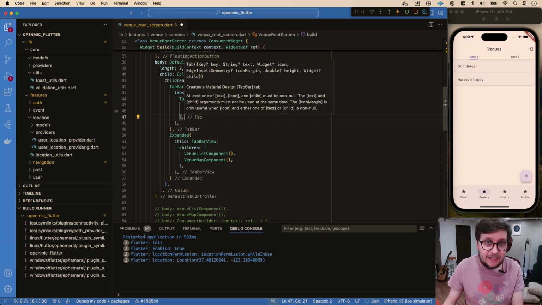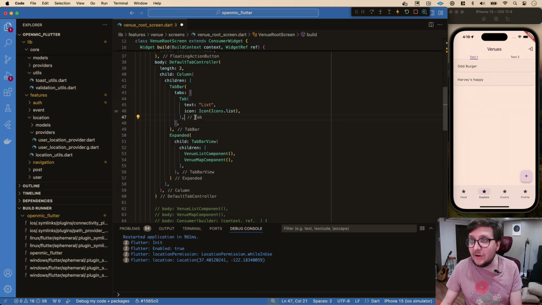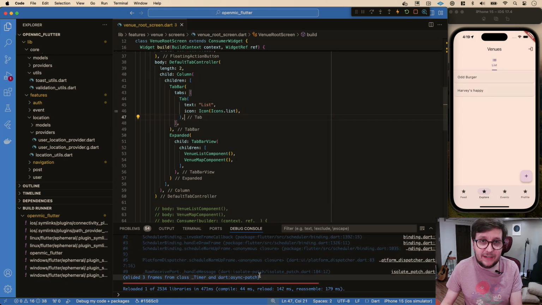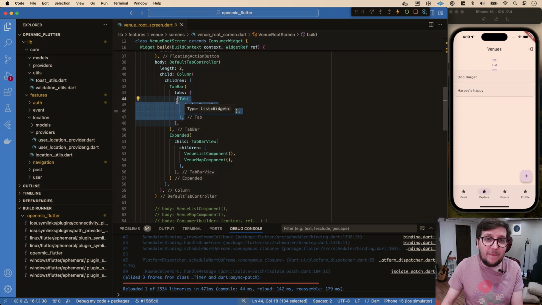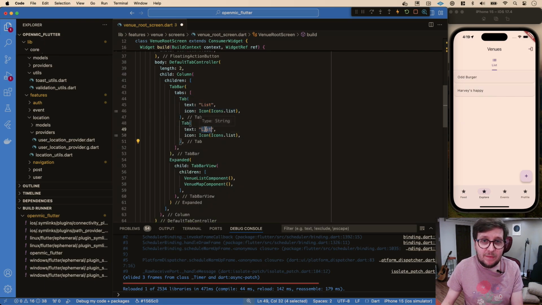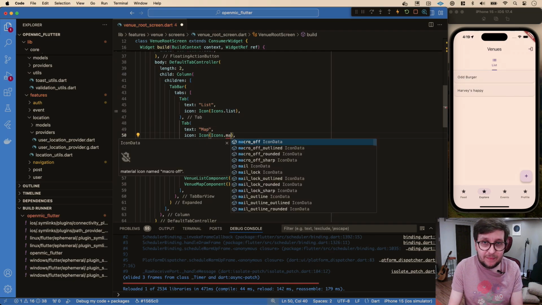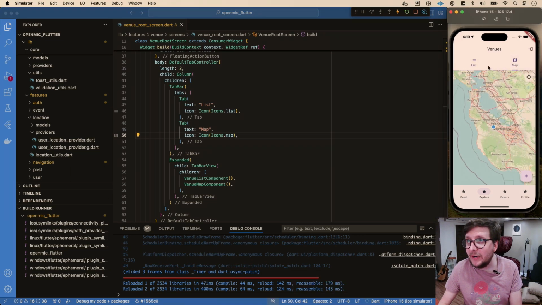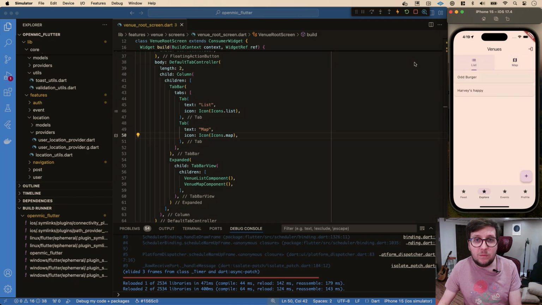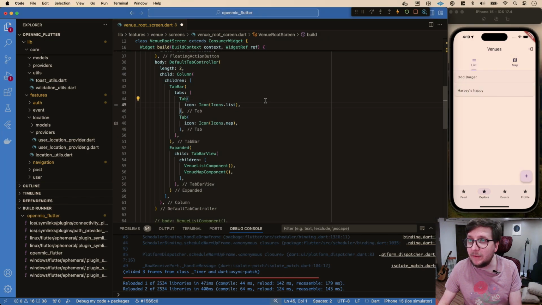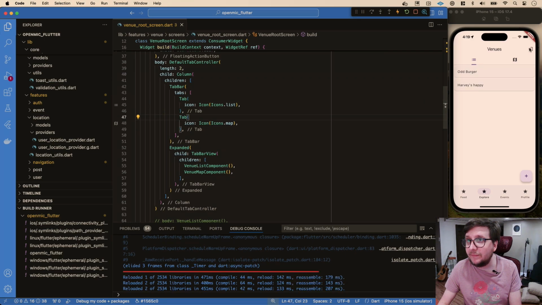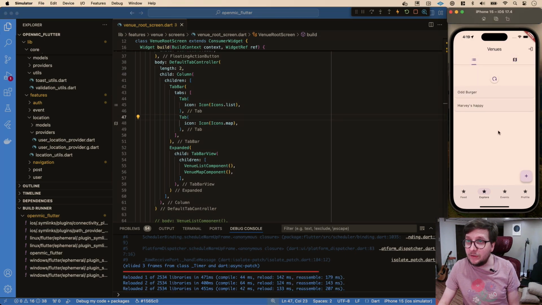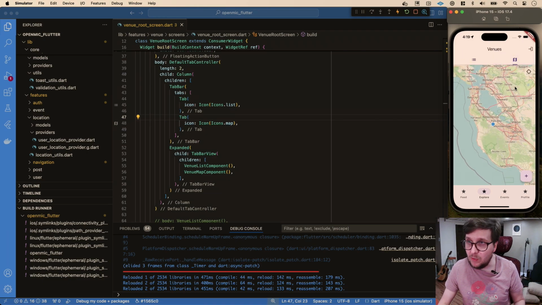And secondly, you'll see if I save this now, we'll actually get an error. Oh, actually, yeah, there is still an error here because it's like, hey, we have a problem because we don't have 2, but we can now have map here, and let's put something like a map. That works. So now we have our list, and we have our map. Very nice. Now, we probably don't need this. The icons are probably enough to make this work. Yeah, this is cool. Okay, cool. So our list works, and we can go to things, and it's great. And our map, although we're nowhere near where we need to be,